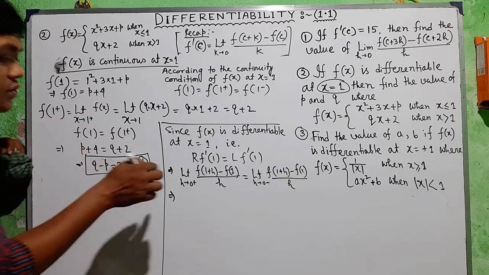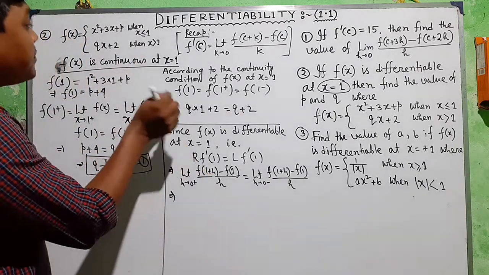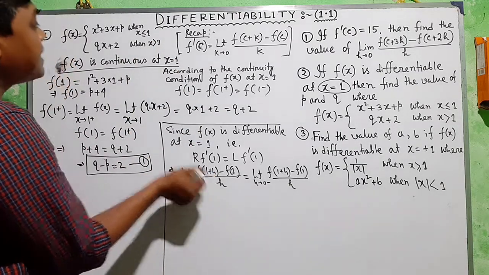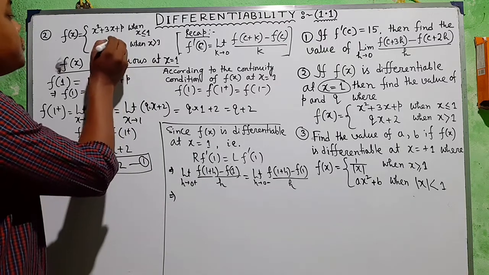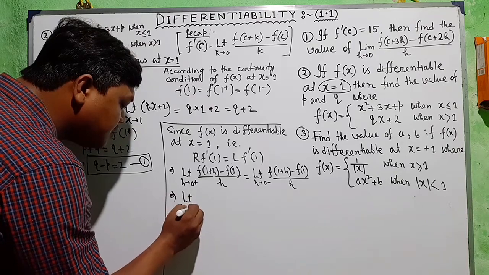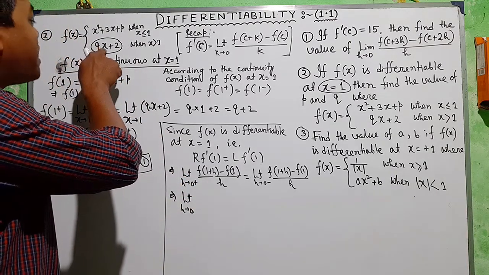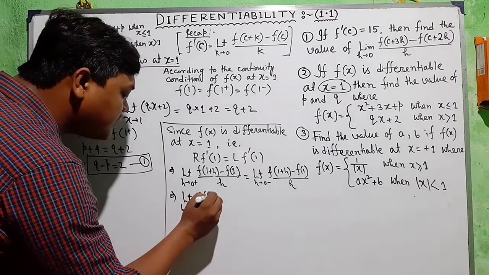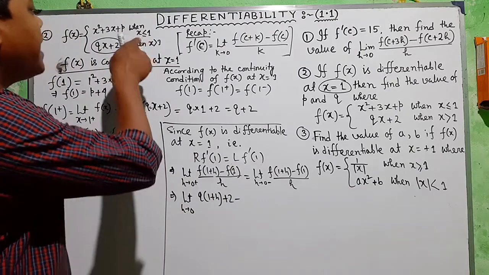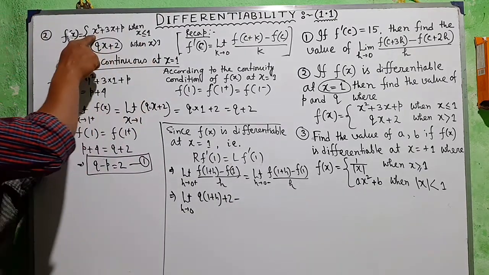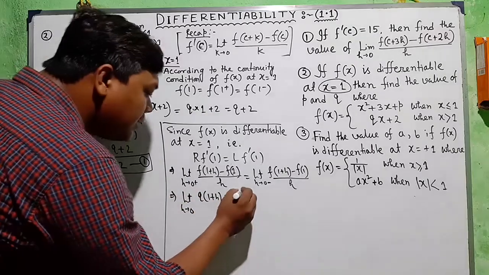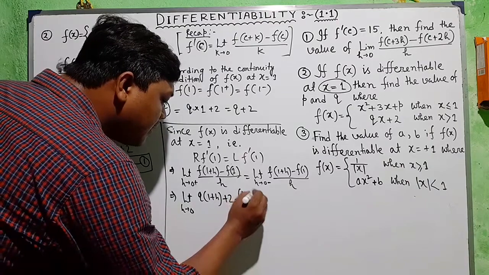Okay, so h tends to 0 plus means the function you have to take x greater than 1, because 1 plus 0 plus, that means x greater than 1, so you have to choose this function here also. So limit h tends to 0, just you put x equals 1 plus h, that is q into (1 plus h) plus 2 minus f(1). At the point x equals 1, the value is x square plus 3x plus p, or f(1) equals p plus 4. So put p plus 4 by h,